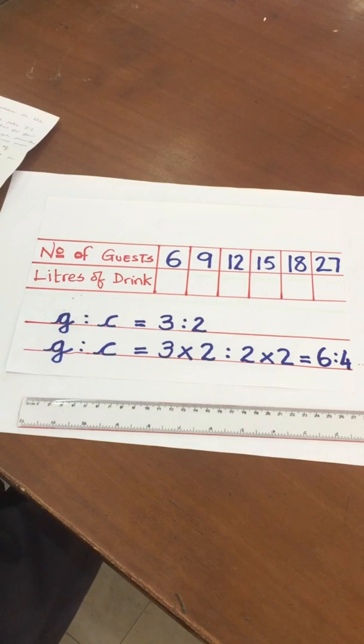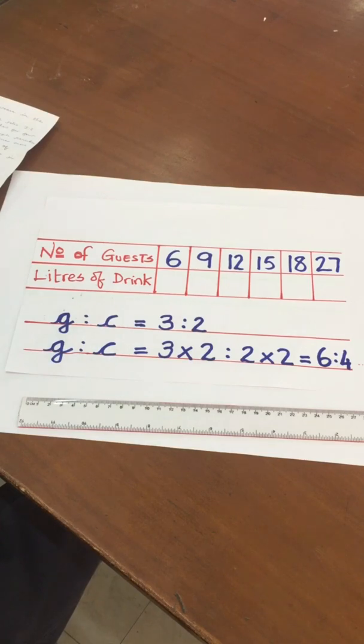Today's topic in maths is on direct proportion. We have a typical example of how to complete a table in direct proportion. For instance,